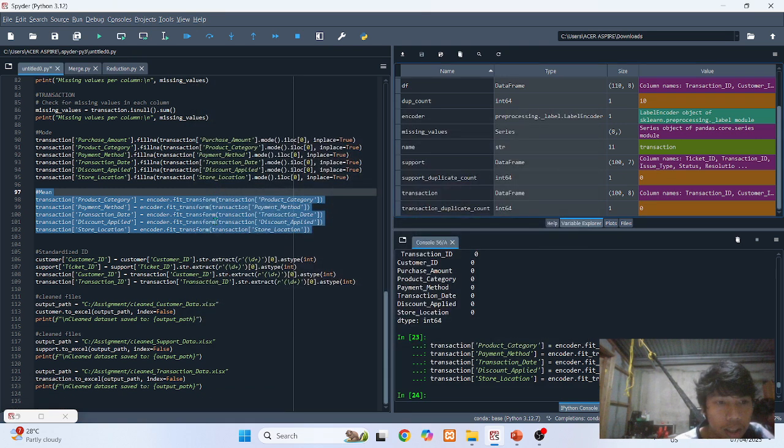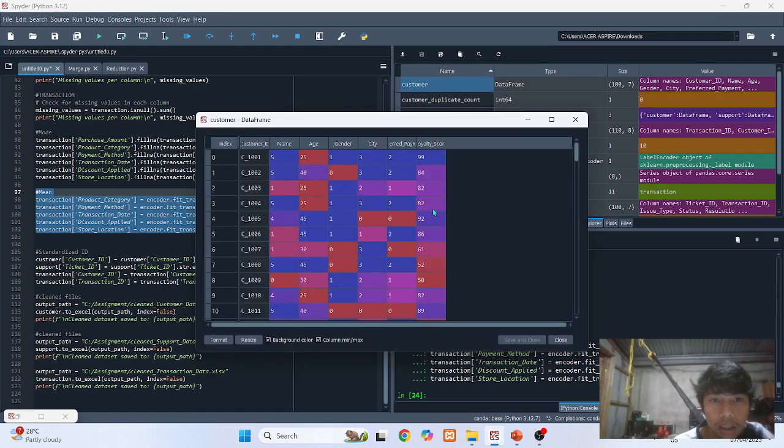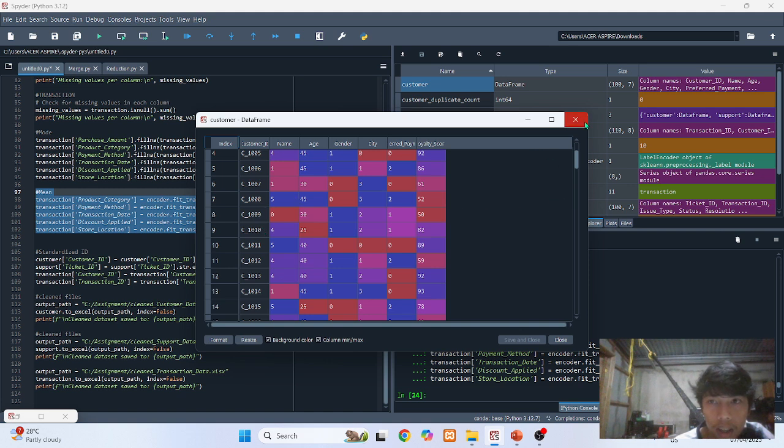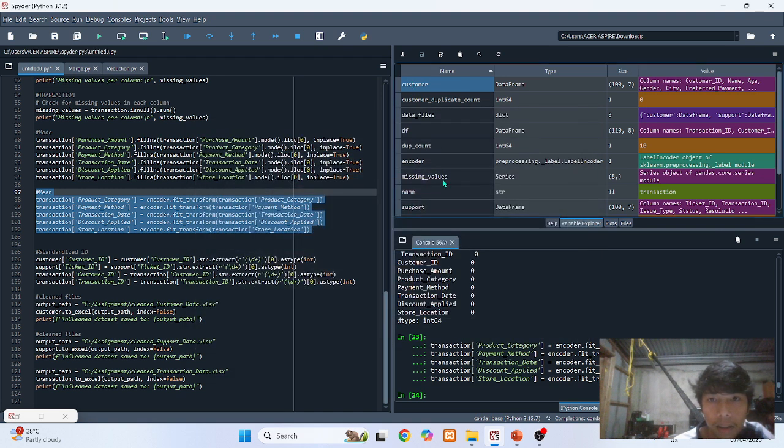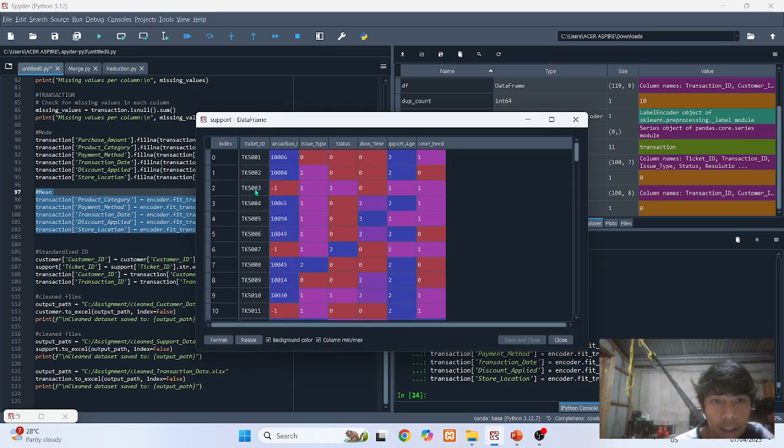Next, as you can see in the three datasets, their ID or primary key are not uniform. In this one, it is a categorical primary key, and in the support, it is also a categorical primary key, the ticket ID.